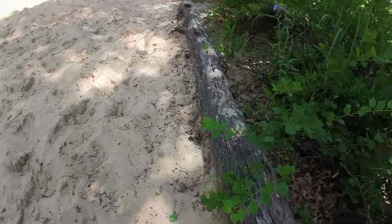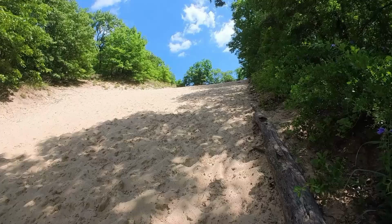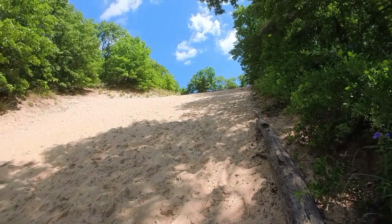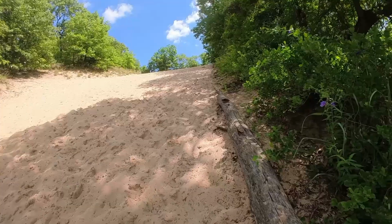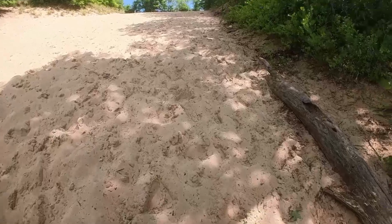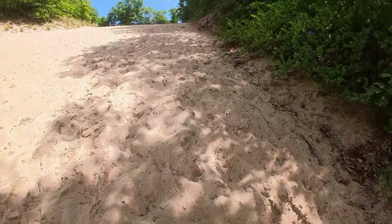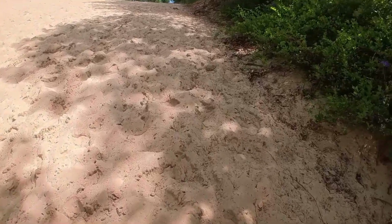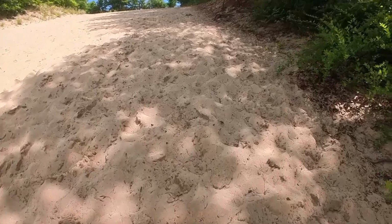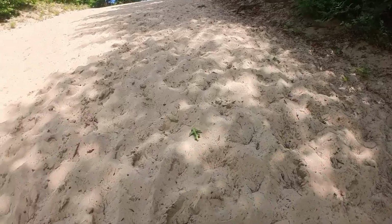Okay. There we go. The next goal will be the top. I can see a sign, so I think it's fairly level up there. The other thing I'm finding helps is stepping in other people's footprints, because they make a step, like a rock climbing kind of thing. Sort of. Some of them I slide down in, but